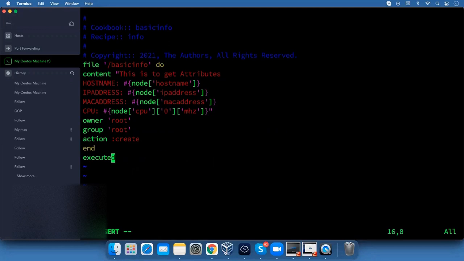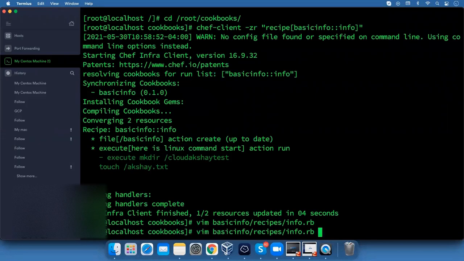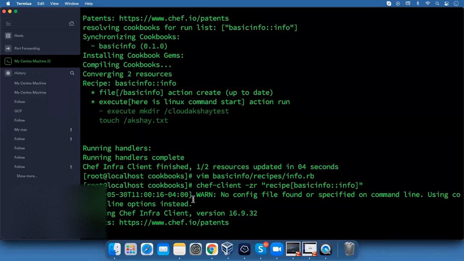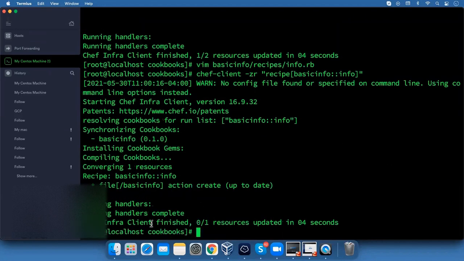Now you can see the idempotency in this Ruby recipe. Save and exit. Now I'm going to run this recipe again. Here you can see the work is 0 by 1. I gave only one resource, so the file is already up to date. Now you understand the benefit of not using Linux commands in a Ruby recipe. So let's meet in upcoming sessions. Thank you.